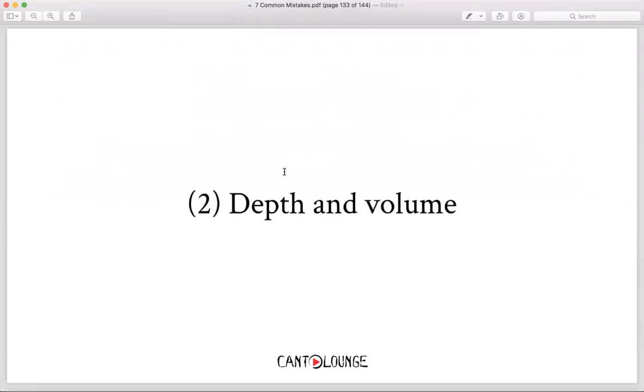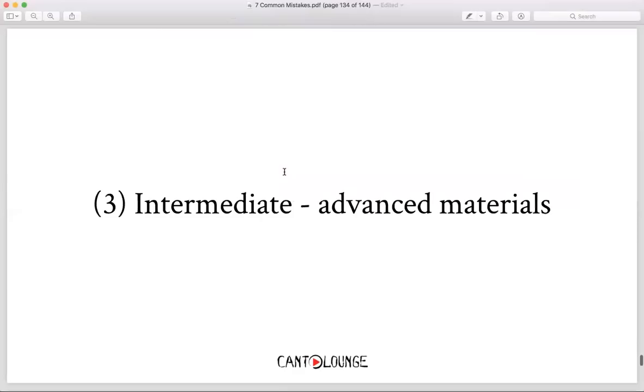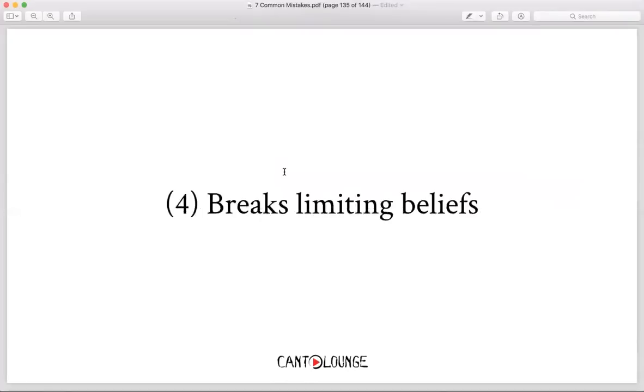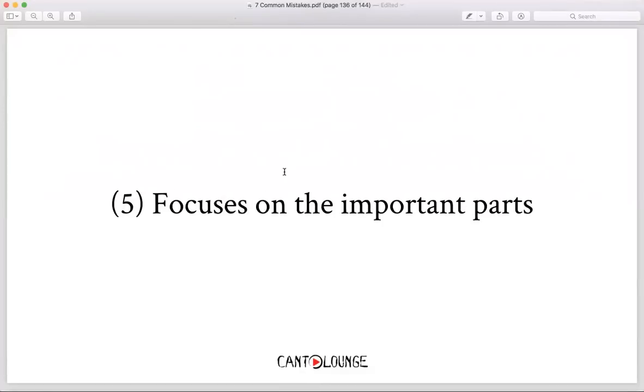Number two, that has materials that contain depth and that has volume. And number three, that serves materials at an intermediate and advanced level, and that's entirely in Cantonese, right? That's what I think you guys and some of the readers have been asking for. Number four, that breaks limiting beliefs by presenting Cantonese in a way that's easily digestible, where the scope is limited and you're not going to be overwhelmed. And number five, focuses on the important parts, right? Instead of